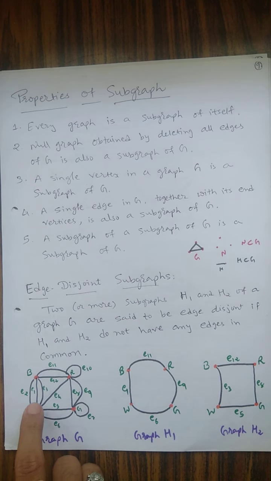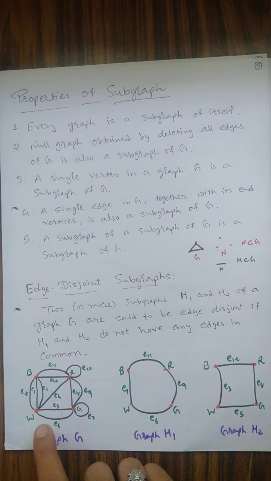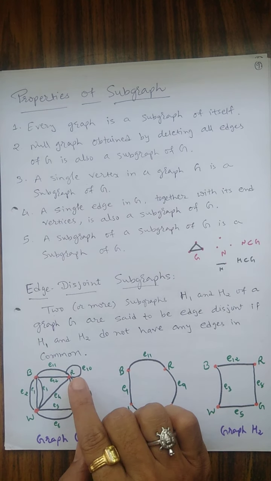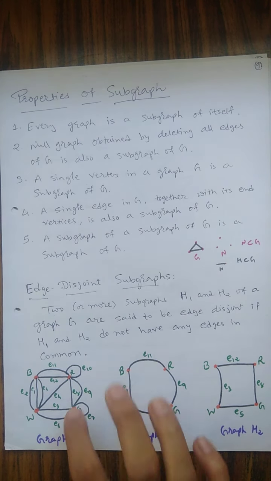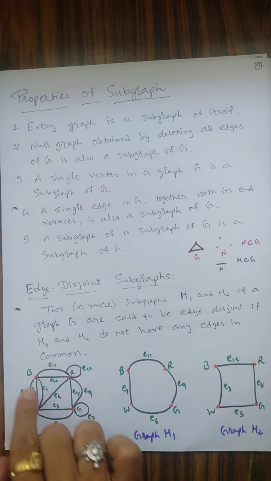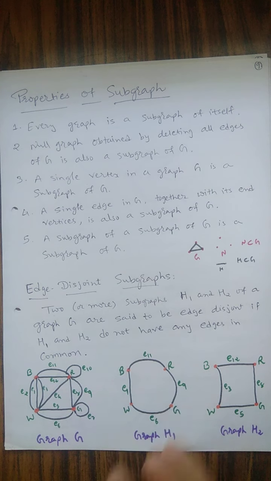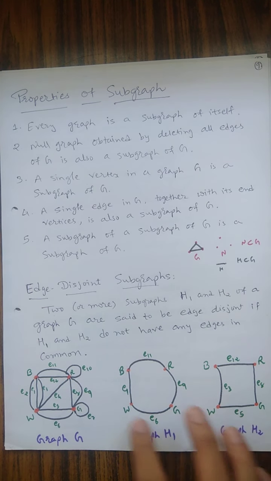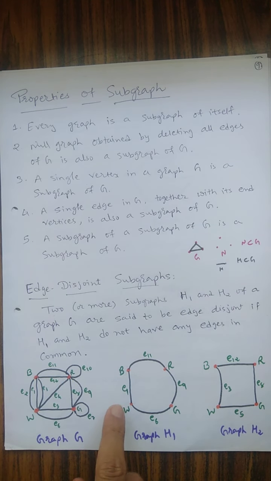In this example you can see that B and W are attached with E1, E2 and E3. W is attached with R by E4, and with G by E5 and E6. G also has a self loop, that is E7. It is connected with R by E8 and E9. R also has a self loop, that is E10, and it is also connected with B by E11 and E12. Here I take all 4 points B, R, G, W, and only 4 edges E1, E6, E9 and E11, which are connected with each other.